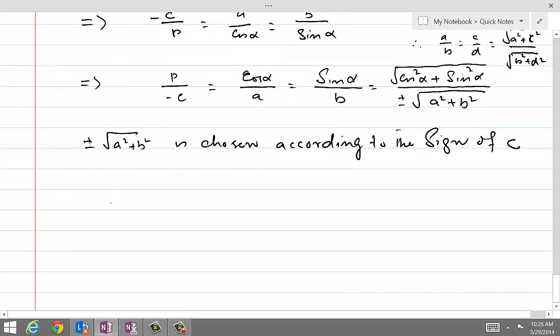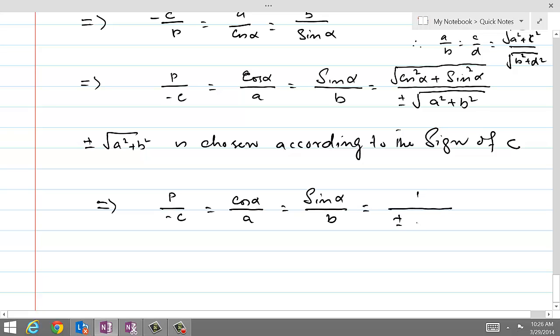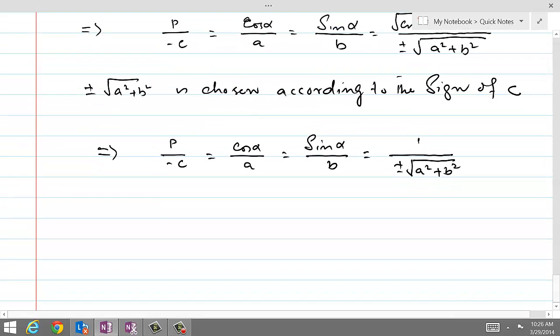So from this one, we have p over minus c is equal to cos alpha over a is equal to sine alpha over b is equal to 1 over plus minus the square root of a square plus b square, and from this we can calculate values for p, which is equal to minus c